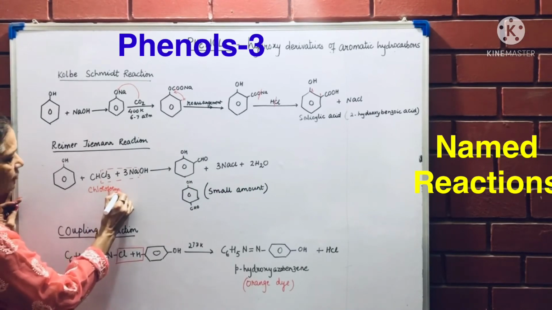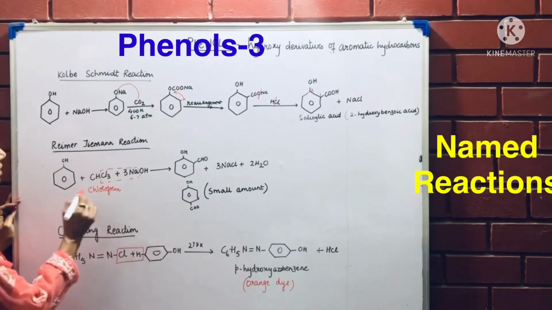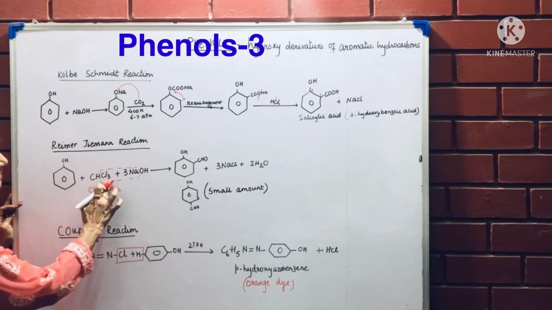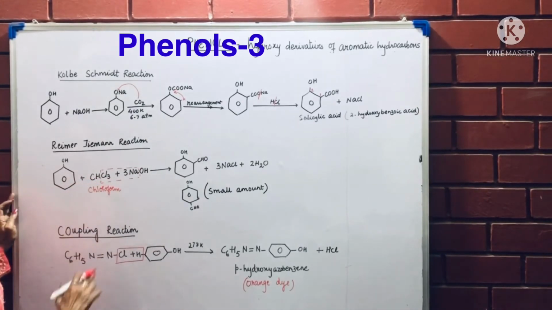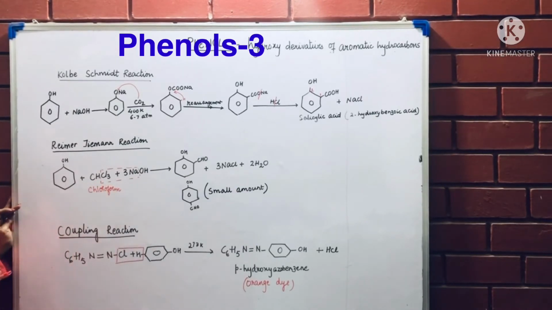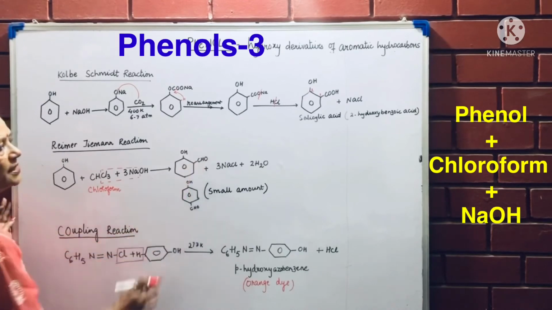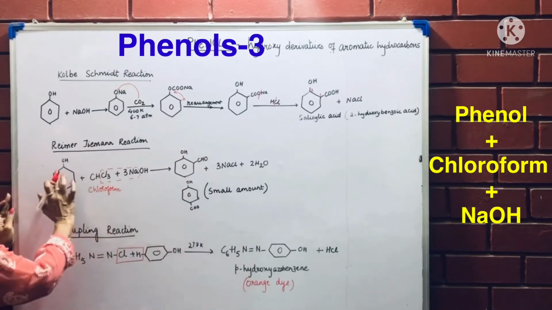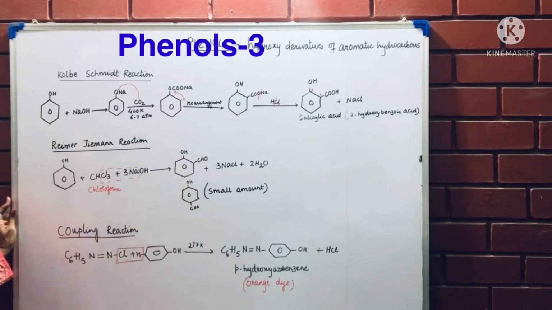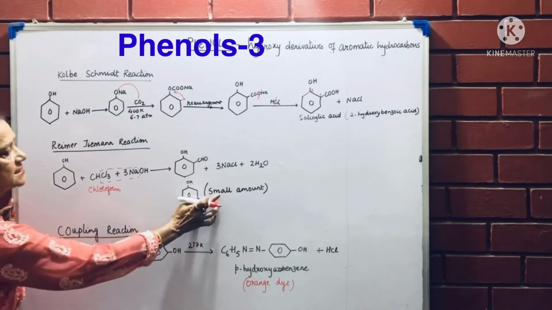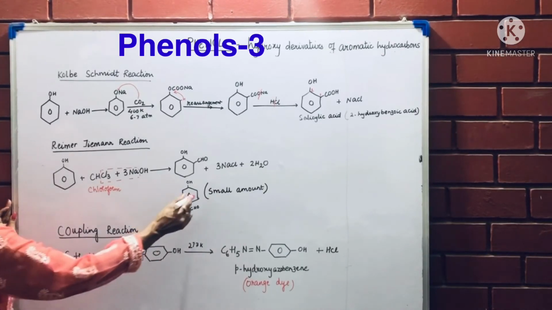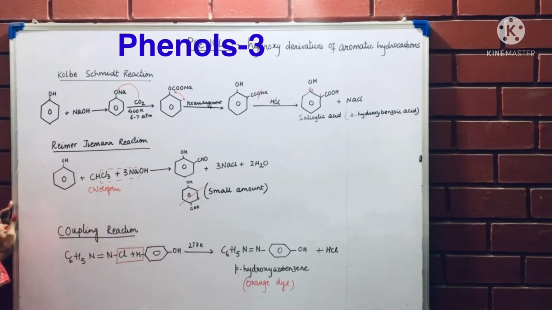The second reaction is the Reimer-Tiemann reaction in which phenol reacts with chloroform. Be very, very careful while writing this formula because generally children start writing CH3Cl. It is CHCl3, it is not CH3Cl. So CHCl3 is chloroform, and NaOH. An aldehyde group is introduced. Since phenol is ortho-para directing, ortho and para, both products are formed. But since the para product is very small in quantity, we generally do not write this in the equation.